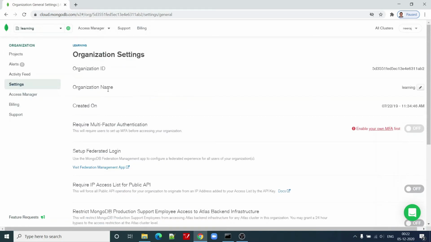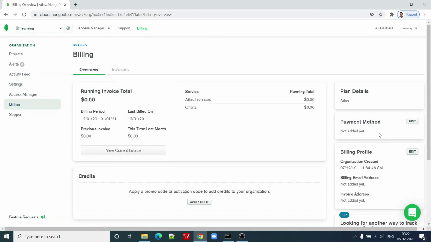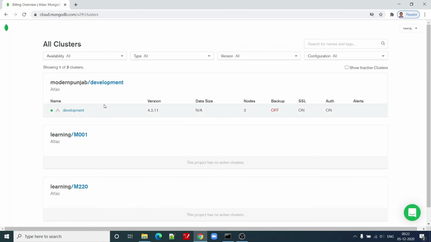All these settings can be done from here. Billing can also be accessed from this payment method. I can go back to all clusters, right? I can apply some filters which are available, correct? So this is how we can make use of MongoDB Atlas.